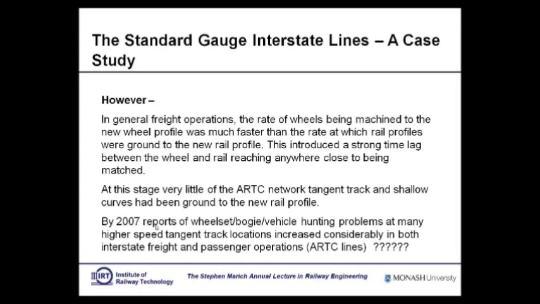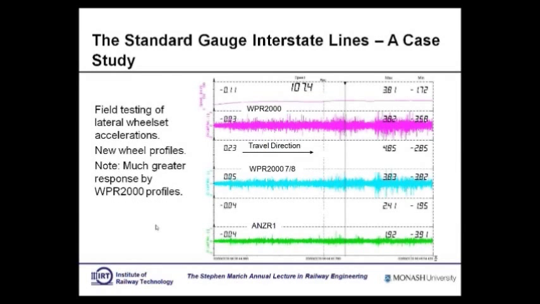So that was a bit of a question mark. I think, as I said, this is a good case study for things in the future. In 2007, there were major reports of wheelset bogie vehicle hunting problems on passenger and interstate freight operations. And this is a simplified